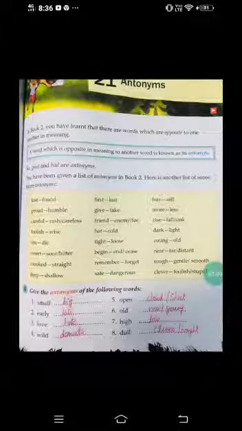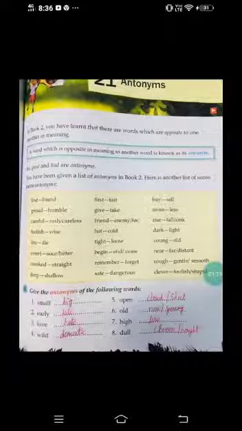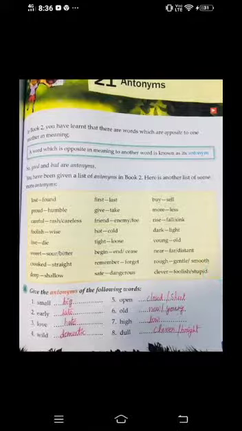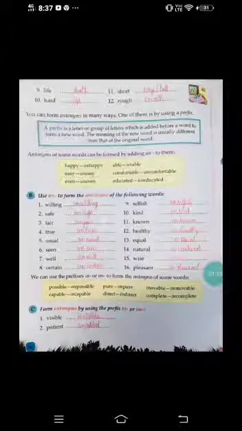In your Grammar Tree, if you open page number 85, we have done antonyms, right? Let me read out the answers. Small, big, early, late, love, hate, wild, domestic, open, closed or shut. Sixth, old, new or young. You can write any one. Seventh, high, low. Eighth, dull, clever or bright. Ninth, life, death, hard, soft, short, long or tall, rough, smooth.